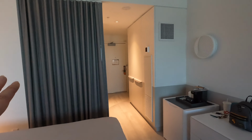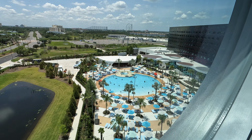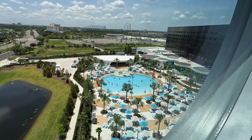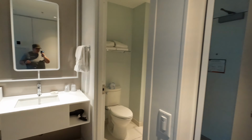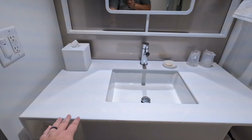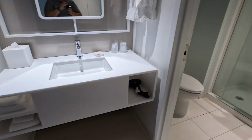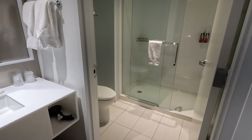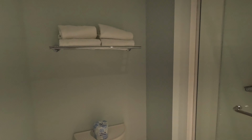So lots of charging solutions. And then the bathroom is over there on the other side of that curtain, so let's go check that out. We got a pool view. I thought this was an upgraded view, but maybe it's not. So coming into the room before the bathroom is the full-length mirror, and then you come in and the sink is outside separate from the toilet and shower. So you've got a little bit of counter space, hair dryers there,